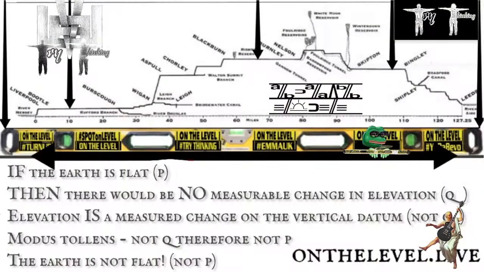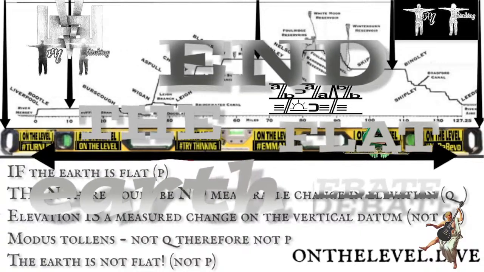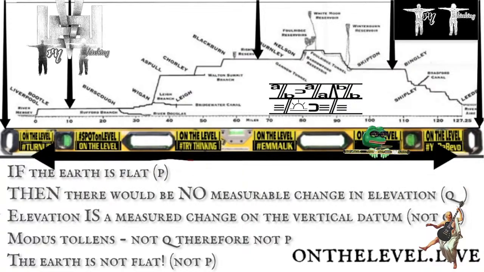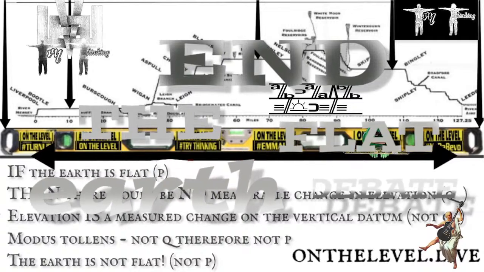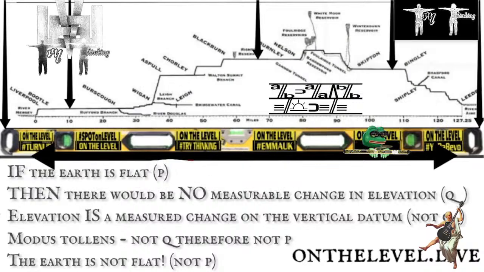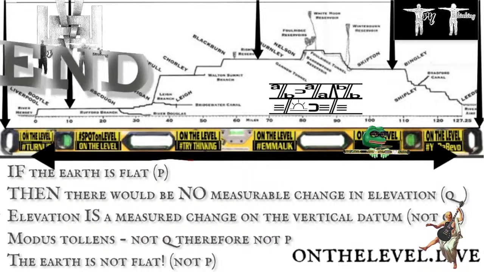But the refutation to the argument, that there's some sort of conflation going on between a baseline and topography, is just a straw man, because that's not the case for anybody who actually reads the argument. That's my point. Well, it's not an argument because you're convoluting the baseline from which you will measure, which is your mean sea level, with the topology you're trying to measure. So it's not an argument. You're misusing words. And me stating the fact that mean sea level is a point on a vertical datum and not a level plane is just a statement of fact. Mean sea level is not a level plane, it's simply a point on a vertical datum.